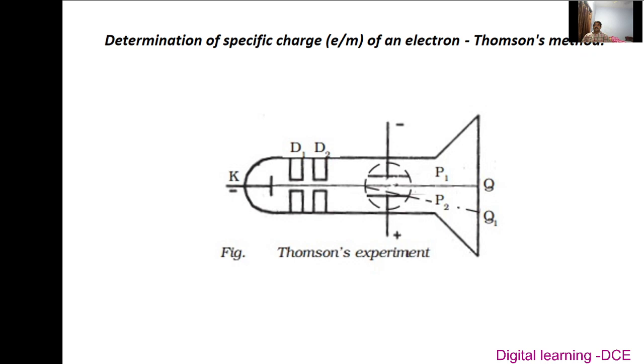Next, a suitable magnetic field is applied such that the deflection of the electron due to the electric field is nullified by it. By knowing the value of the field strength and the deflection, we can determine e by m